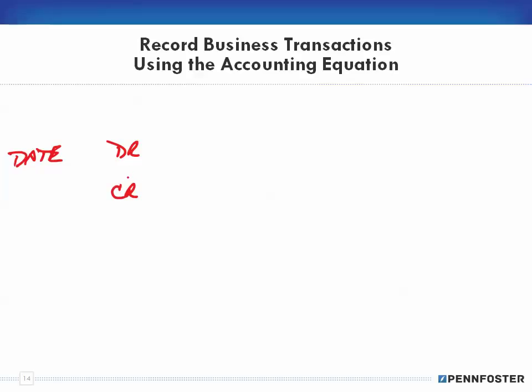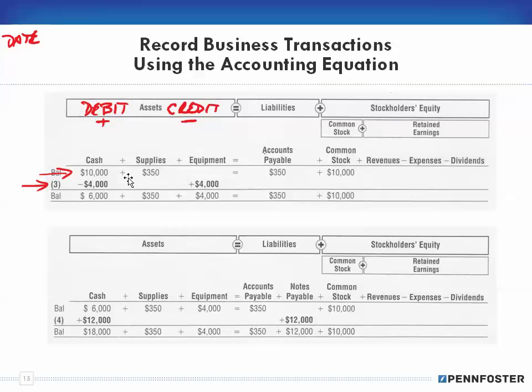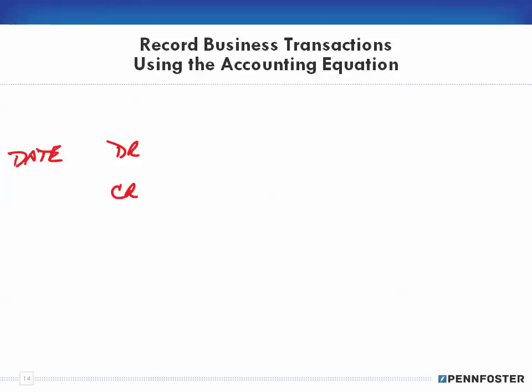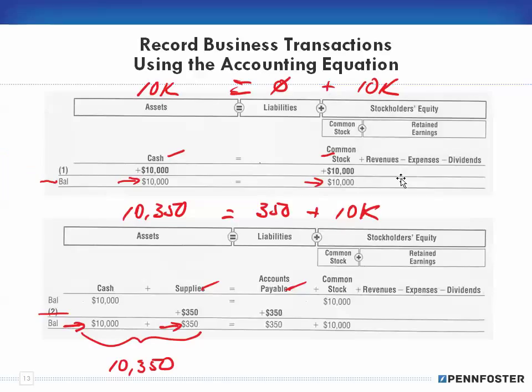So I ask myself the question, am I affecting cash with this transaction? And my answer to that was yes. So is my cash increasing or decreasing? Well, it's decreasing, and I decrease an asset on the credit side. So my journal entry is going to be, here's my credit, and of course I indent and I put cash, and I'm paying 4,000. So this is going to go over into the right-hand column. So if I'm paying cash for 4,000, what am I buying? Well, in this case, I'm buying equipment, and equipment